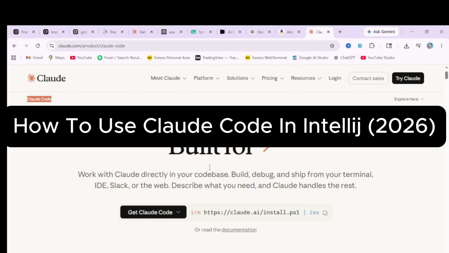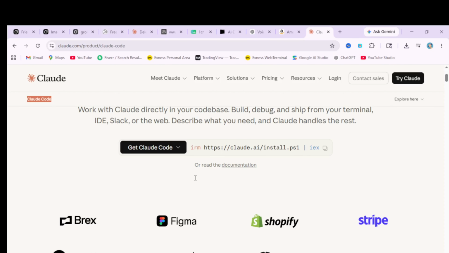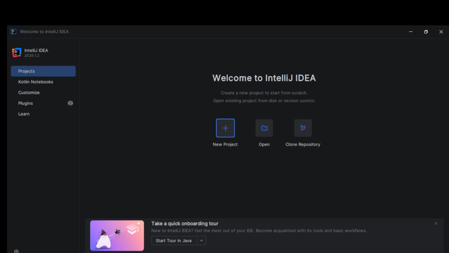How to use Claude Code in IntelliJ 2026. Claude Code is hands down one of the most powerful AI coding tools available right now, and you don't have to leave IntelliJ to use it. In the next 2 minutes, I'll show you exactly how to install and use Claude Code directly inside IntelliJ in